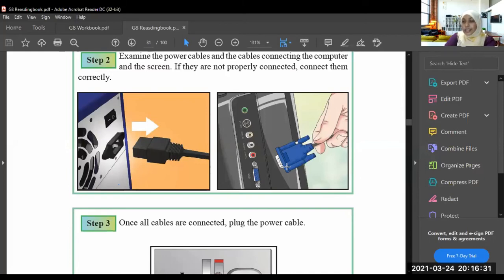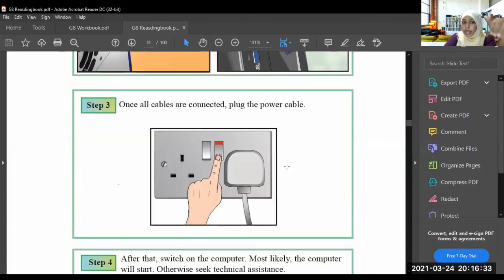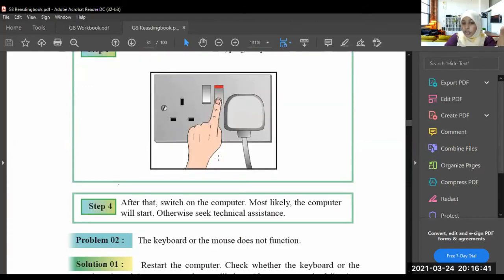If it is not connected, connect it properly. Then switch on the plug and see whether your computer is working. Most likely the computer will start. If it didn't start, seek the technical assistant. Now, understood the first problem, how to solve it?